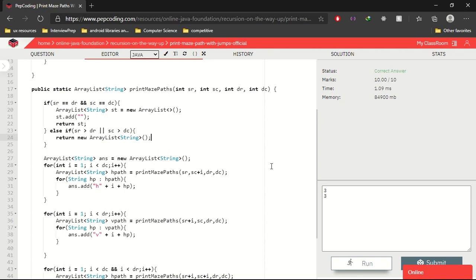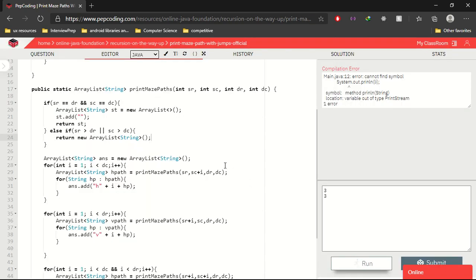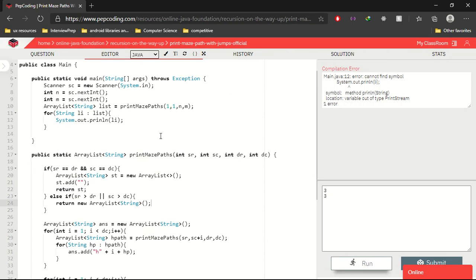Let's see if this runs properly. Okay, there is an error at line 12.